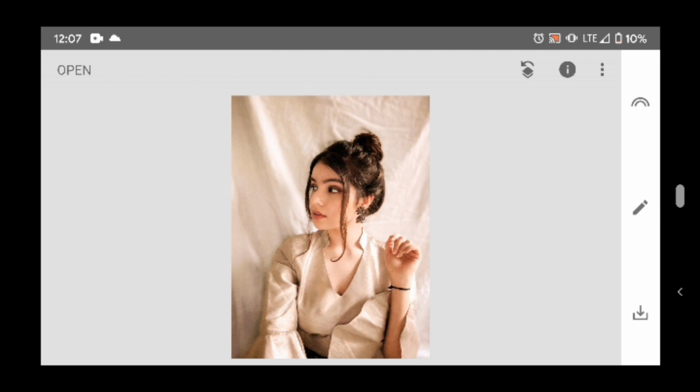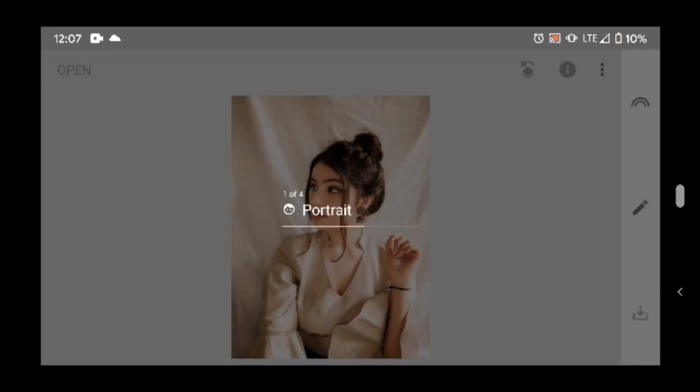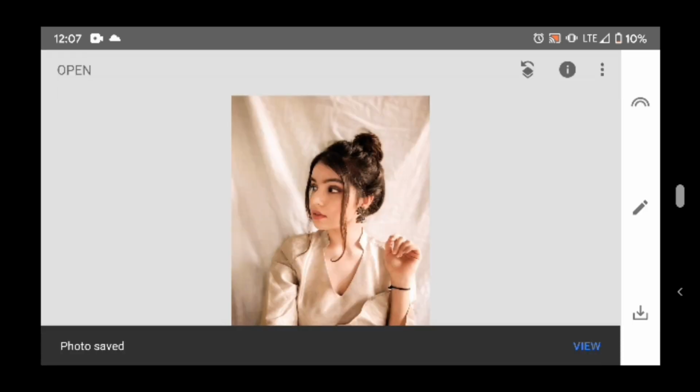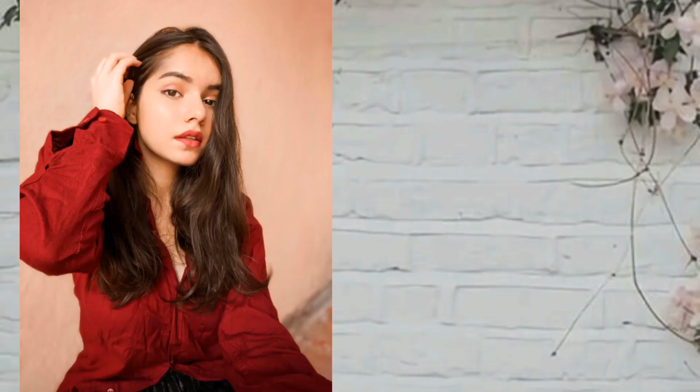Now we are going to export it into our device. You can either save or export it, it's just the same thing, and it's now ready to be used anywhere you want. I edit most of my pictures in the same way, including this and also this, all the same techniques.